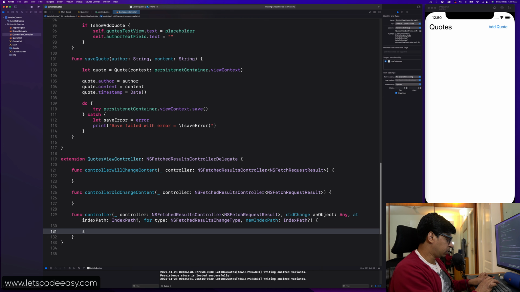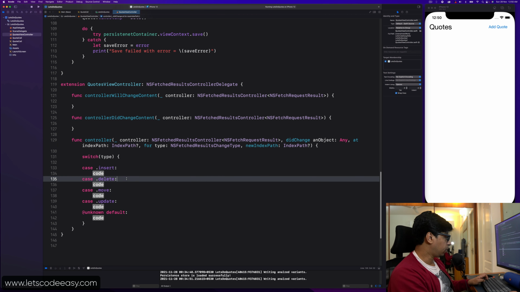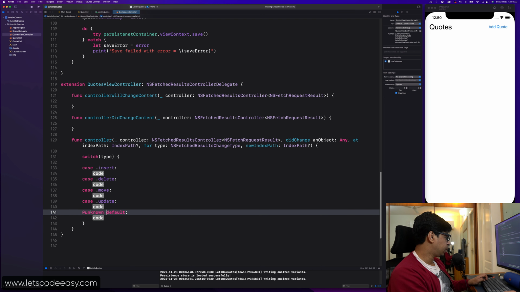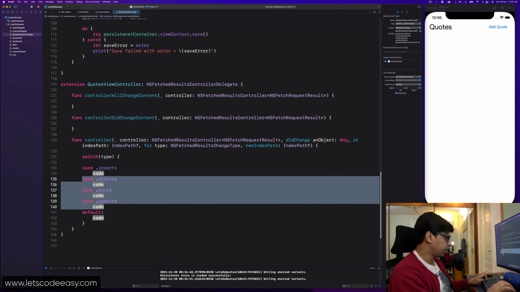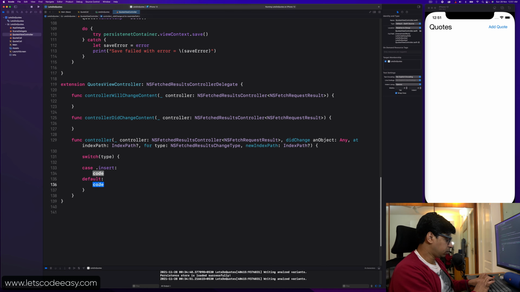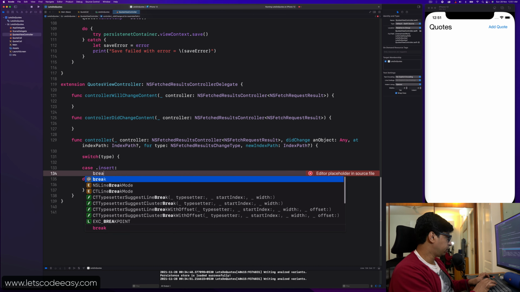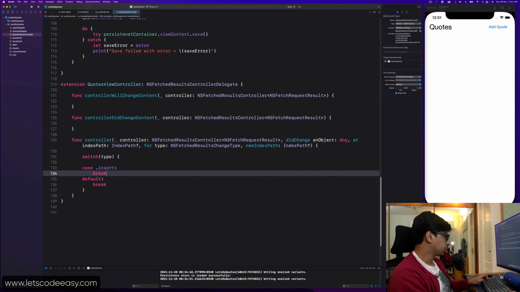So start with switch type, and this is going to give me all the available ones. I am interested now in insert, update, and the rest maybe I'll just keep as default and get rid of all the other ones. Except insert I'm just gonna keep insert, and the rest of the ones are going to be default. So for insert is where I'm just going to receive